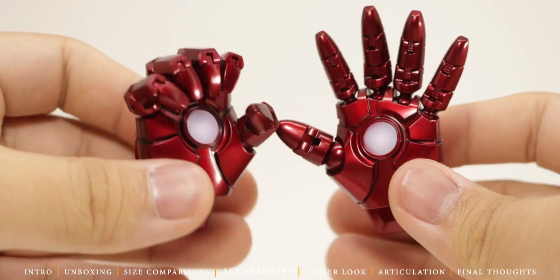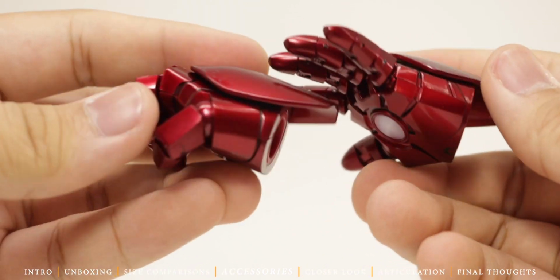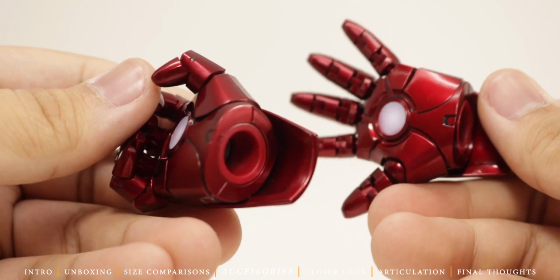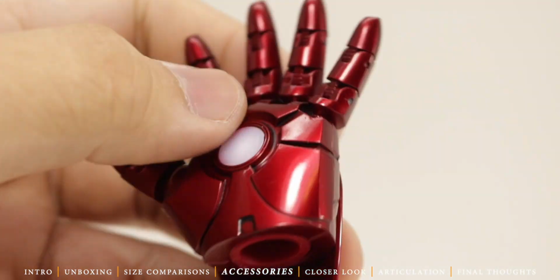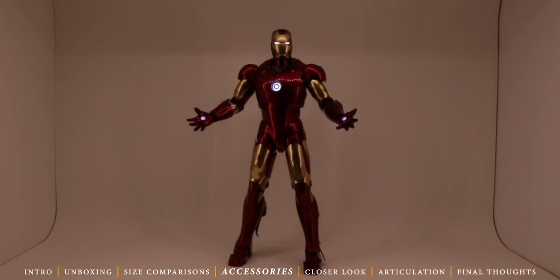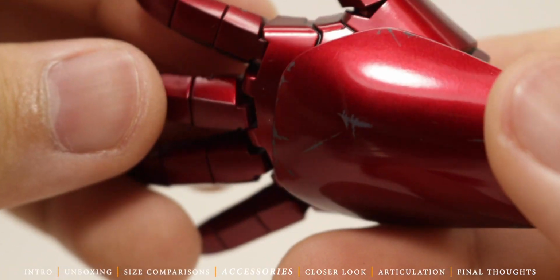Next up, you get one pair of articulated hands. Now these hands are pretty much standard for every Hot Toys Iron Man figure. You get the usual nice paint job, some scuffing details. You also got light piping inside this one, so you can get some pretty nice, cool looking poses like this one. But just taking a look at the hand itself, these ones are a little bit different compared to the